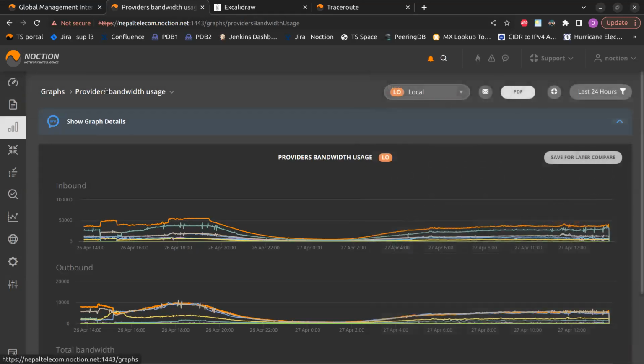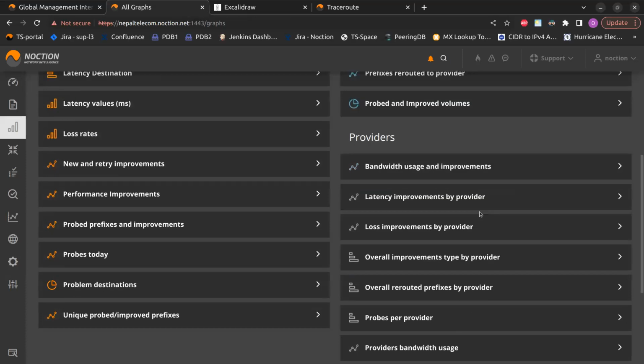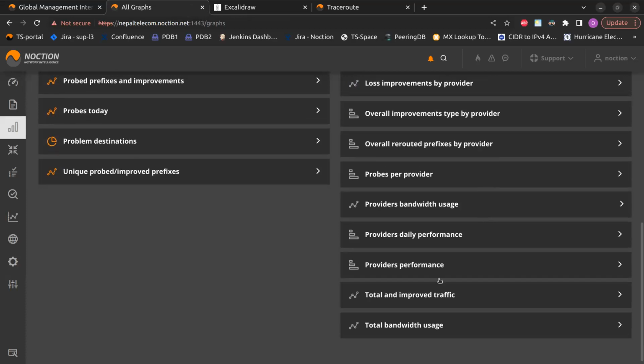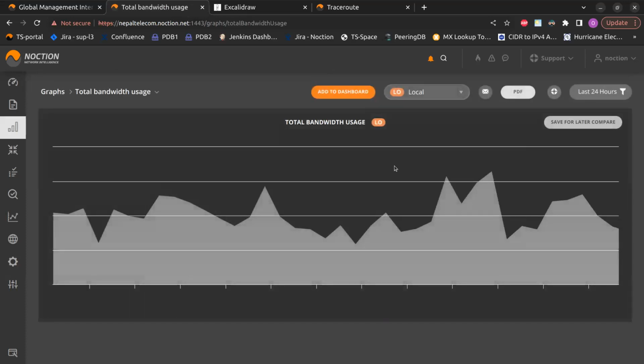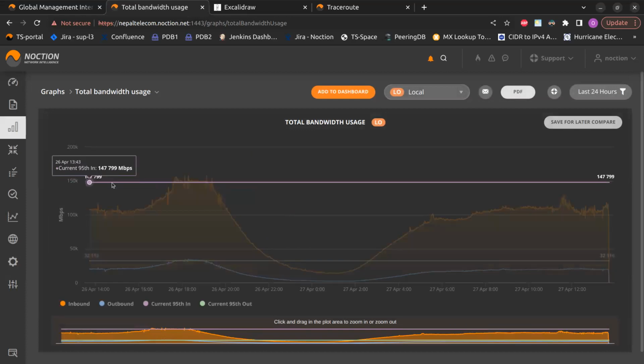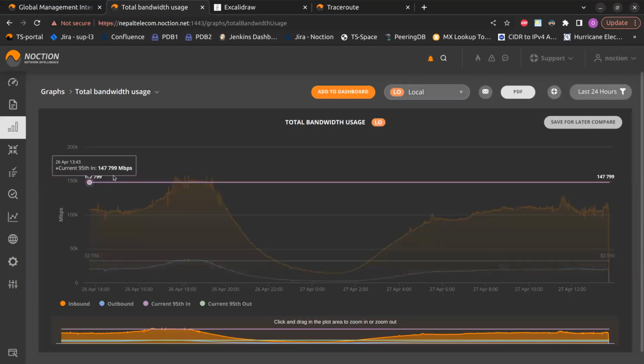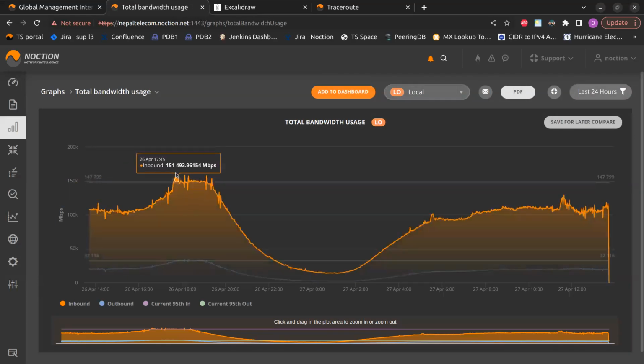Okay, no 95 here. I remember that it was somewhere. Provider bandwidth versus... Okay, so here you see you have the current 95 value for monthly, calculated monthly. So sometimes traffic, if it's set to a particular day, will be allowed to go over 148 gigs. So it would go to 155, 160, maybe 167, because overall per month the 95 value has not been fulfilled